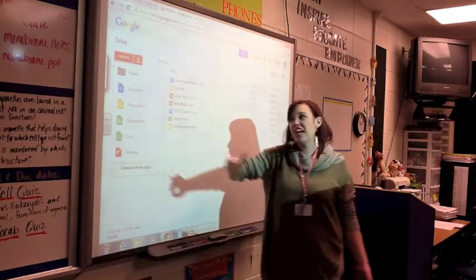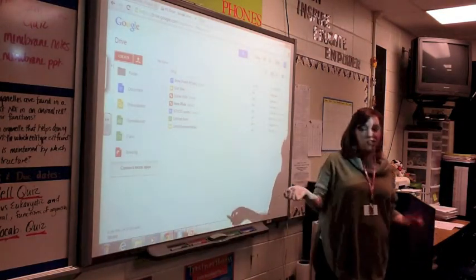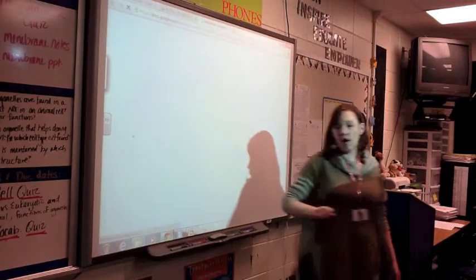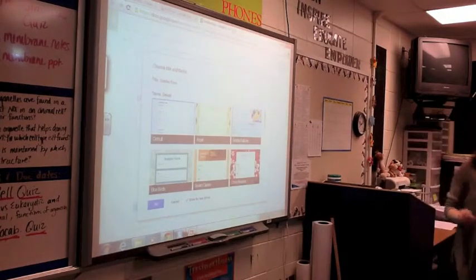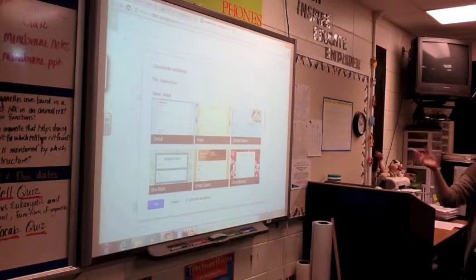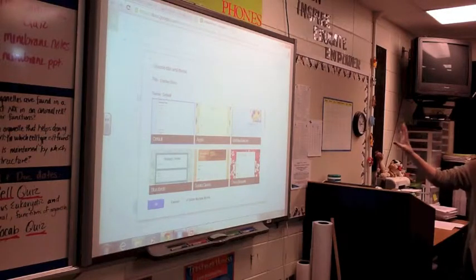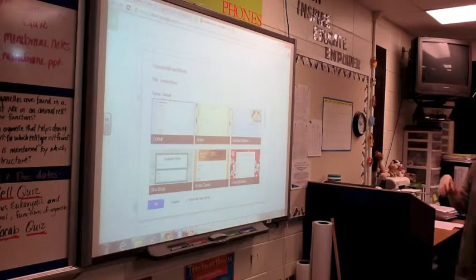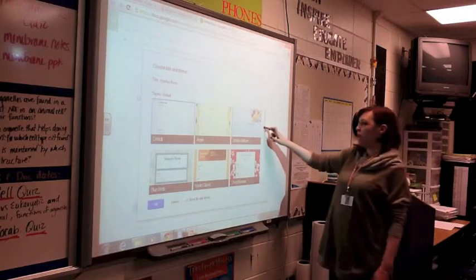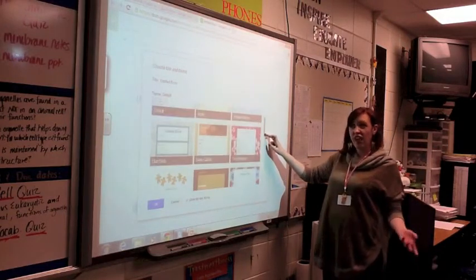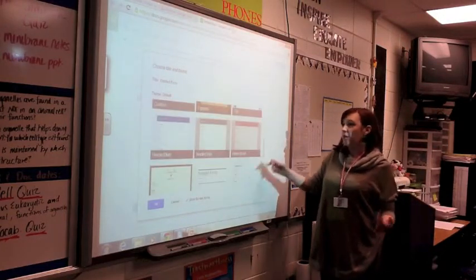Google Spreadsheet, it's just like an Excel spreadsheet that you can do. Google Form, I know Molly talked about with Flubaroo last week. A Google Form is what you have to use for Flubaroo. So once you've made the form, that's what Flubaroo will grade for you. So these are really cool. It's like if you wanted to do a survey or a test, you can pick your background,